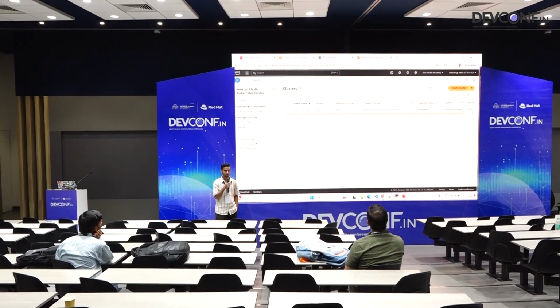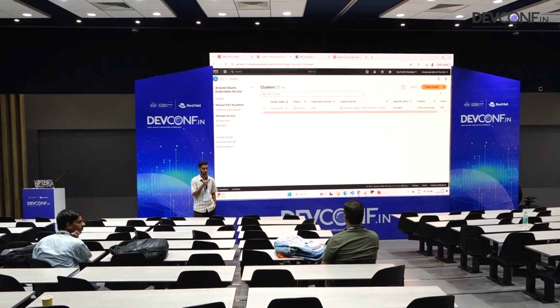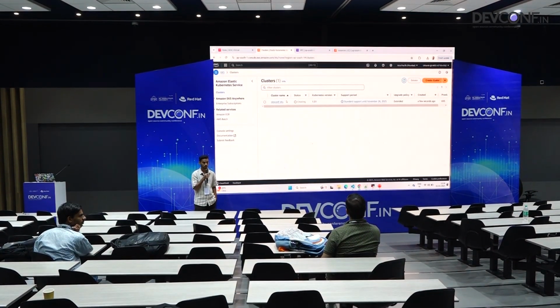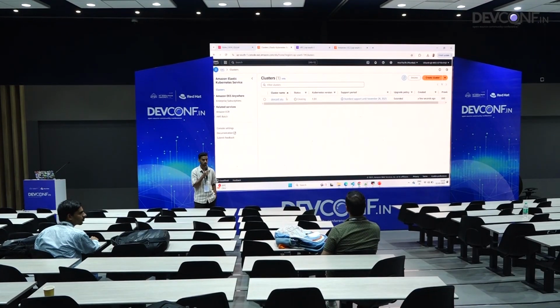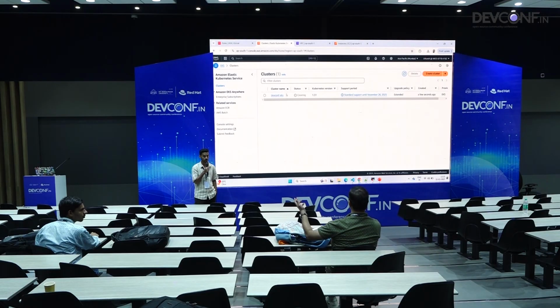My question is regarding this. The same thing can be achieved using Terraform as well, right? In case of Terraform, we have a provider version to be kept in sync and mapped with the version which I'm using.